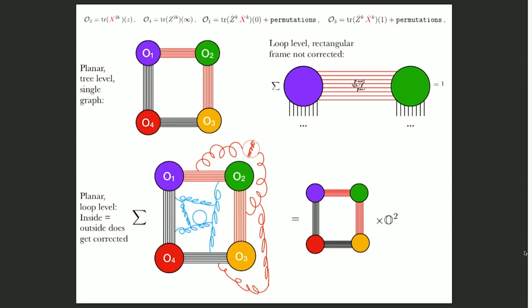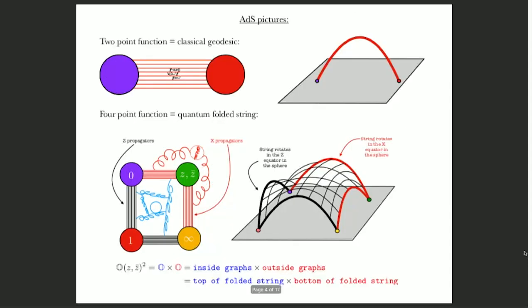So this is all about gauge theory. How do we think of this from an AdS point of view? Well, a two-point function of two operators, when this number of propagators is very large, is described by a classical geodesic that goes from one point to the other. So it goes from the purple to the red point. There is a heavy geodesic going there. But then, how should we think of the four-point function? I have four propagators, consecutive ones. So they describe some geodesics that jump from here to here, from here to here, from here to here, and from here to here. And then I have the filling in of this square, inside and outside, that correspond to